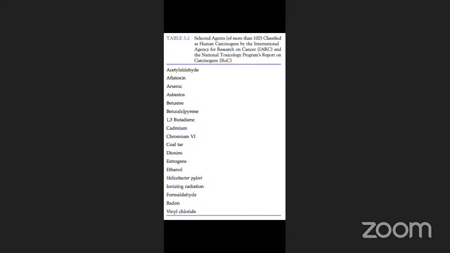Acetaldehyde, aflatoxin, arsenic. Okay, you know about aflatoxin, arsenic. And asbestos, benzene, benzopyrene, 1,3 butadiene, cadmium, chromium, coal tar, dioxins, estrogens, ethanol, Helicobacter pylori,